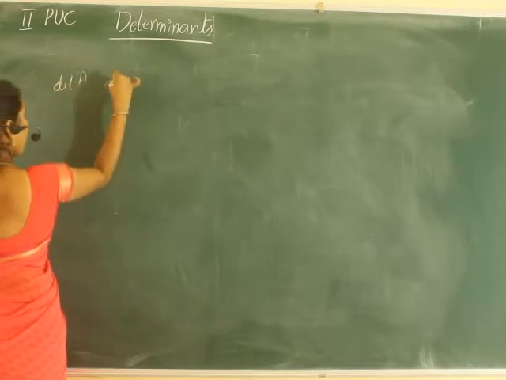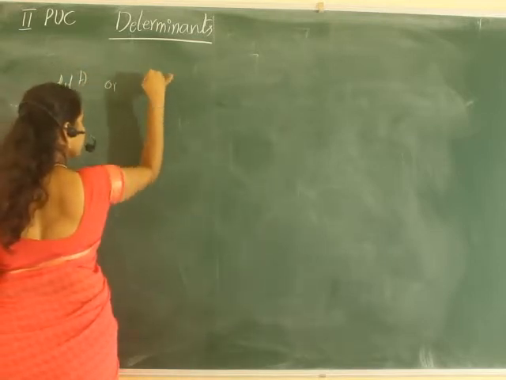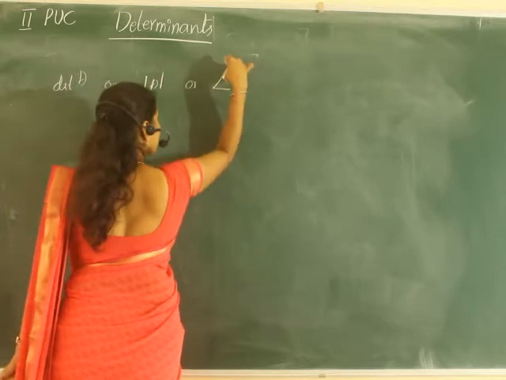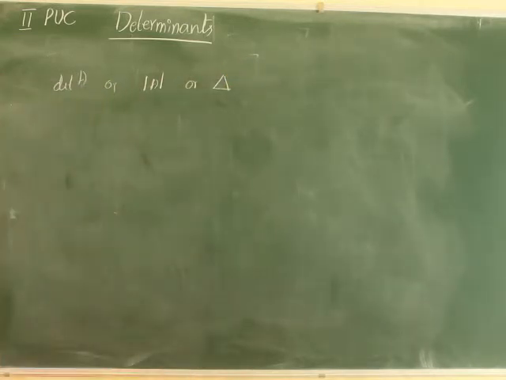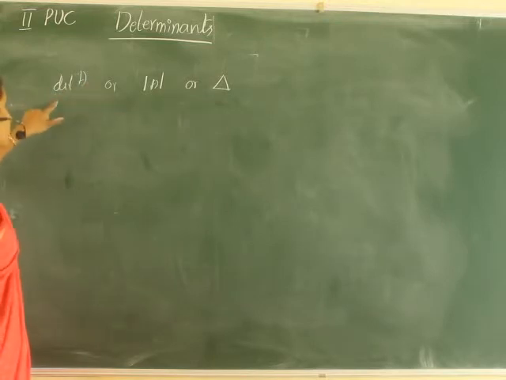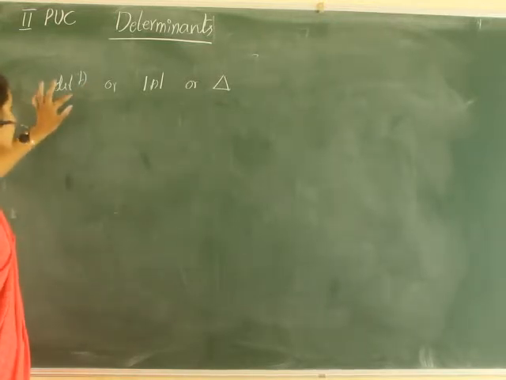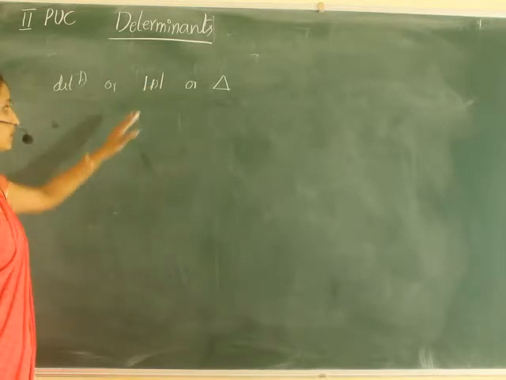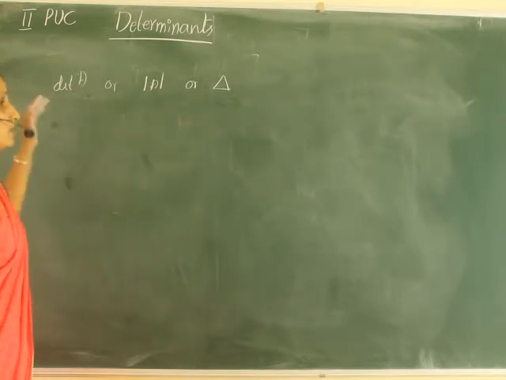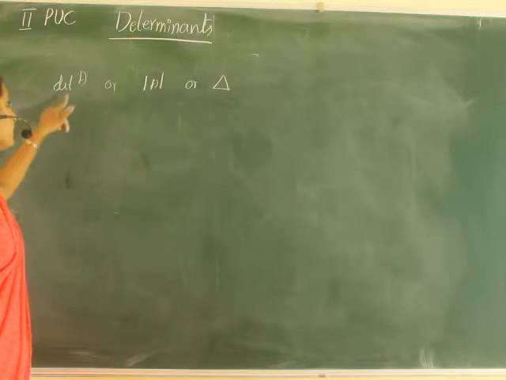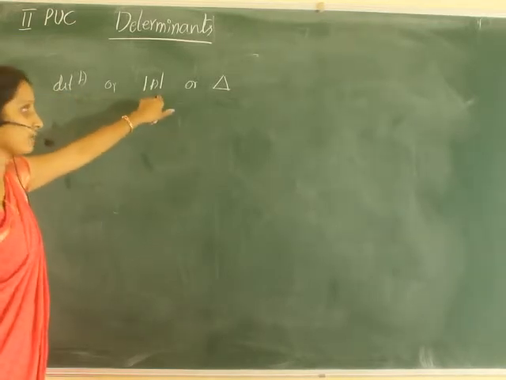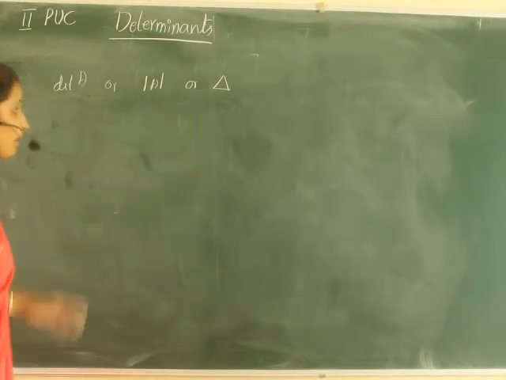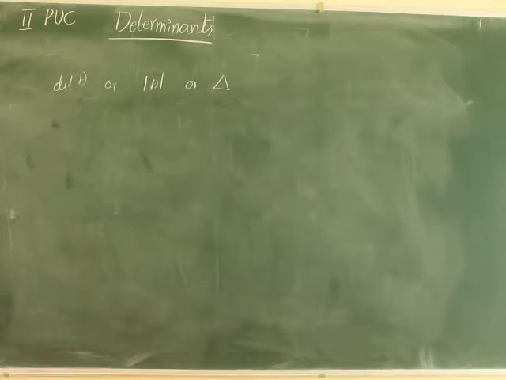Determinant of A can be written symbolically as det A, or I can just write it as delta. Delta also indicates the determinant of A, or we write det A, or just write a matrix A with the modulus sign. So the determinant of a matrix A is denoted by determinant of A, det A, or modulus of A. This is read as determinant of A, not modulus A. So this is the notation for a given matrix.